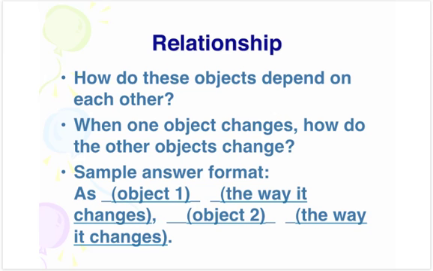The last one is a relationship question. You're going to be talking about how these objects depend on each other. When one object changes, how do the other objects change? So, for example, this would be a generic format for answering relationship questions. As object 1 changes in this way, object 2 changes in that way. Okay? You can talk about how if one increases, the other increases, or if one decreases, the other decreases,